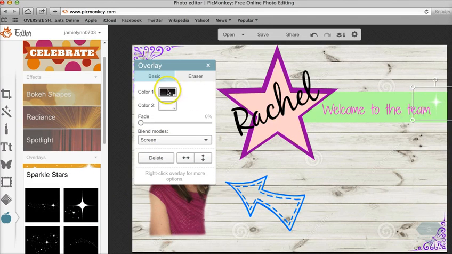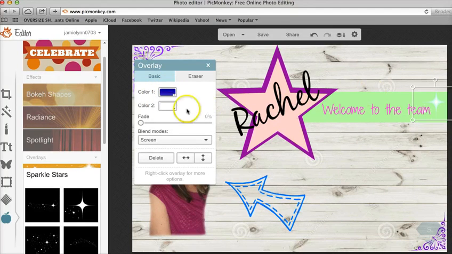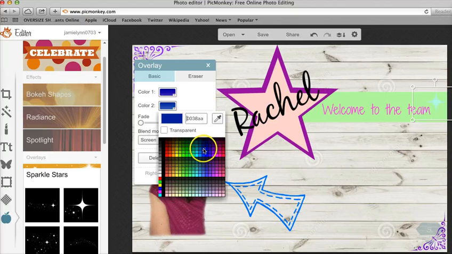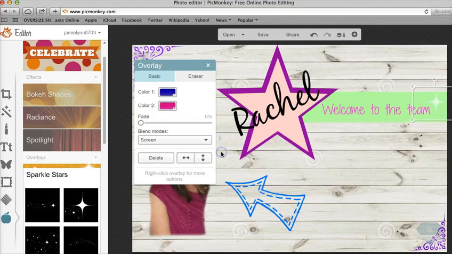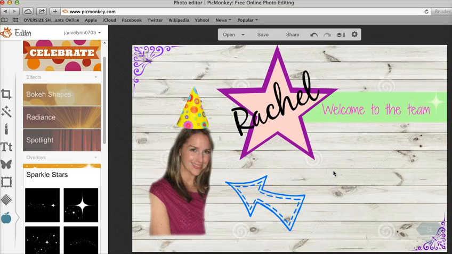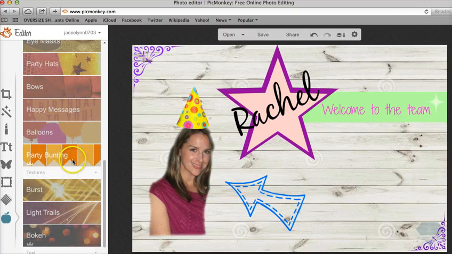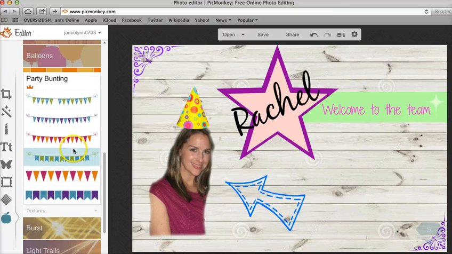If I want to keep it white, I can. Or I could change the color. I just clicked on this little color, and I could change it. I did the outline of it, but here's color 2. I'll make it red. Is it doing it? You can barely see it. Let me see. See how it's changing the colors? Okay, so sometimes I'll use the star, but what I usually like to use are the